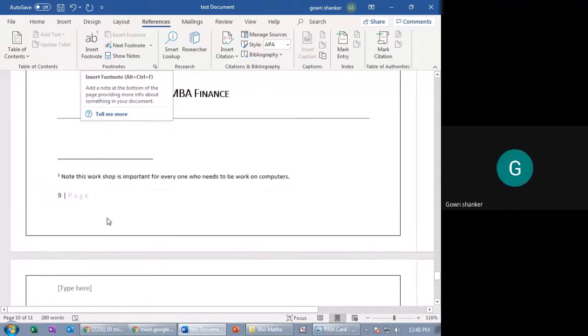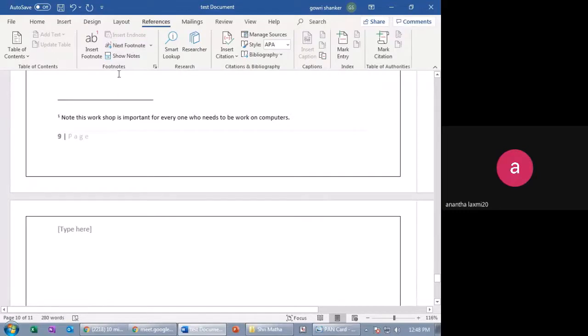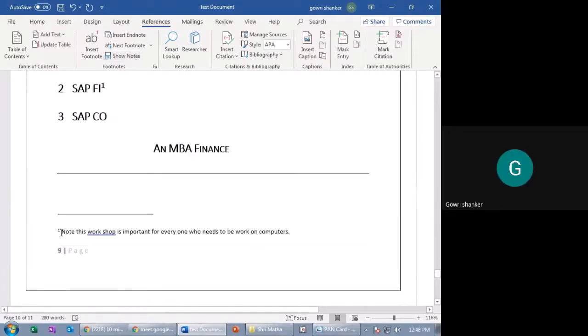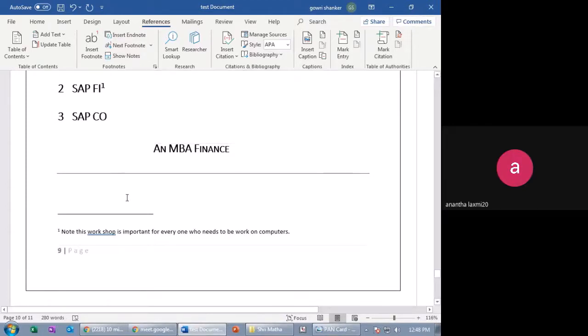Okay, I have given one note, right? Next, footnote. These are show notes. Only notes will show. Students, you find this in the textbook. You see definitions on the top, and they will write that one down below. The explanation of that author and all, you'll find in the textbook.